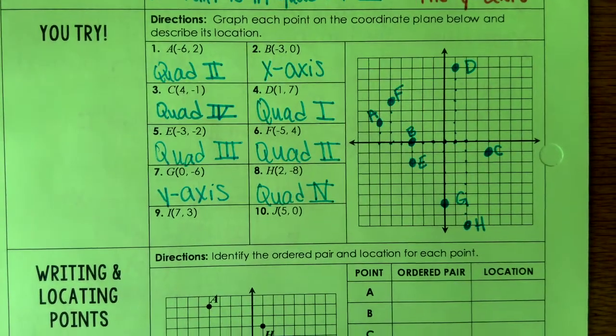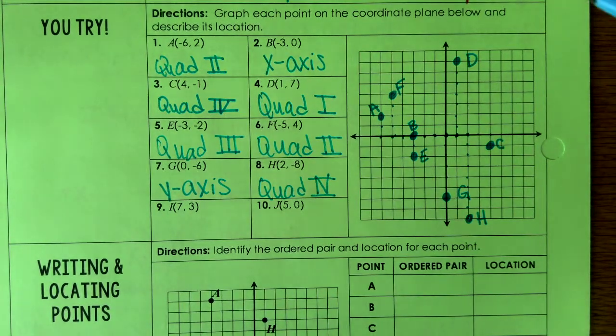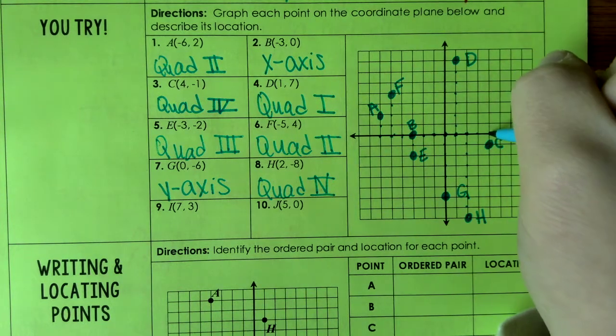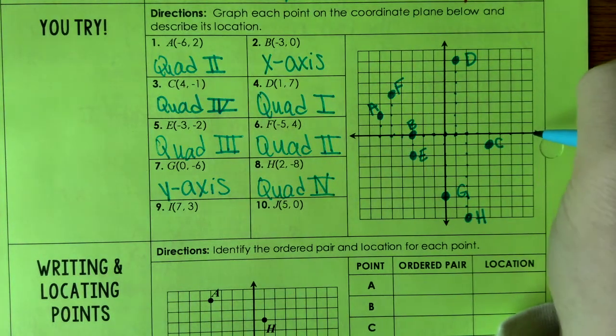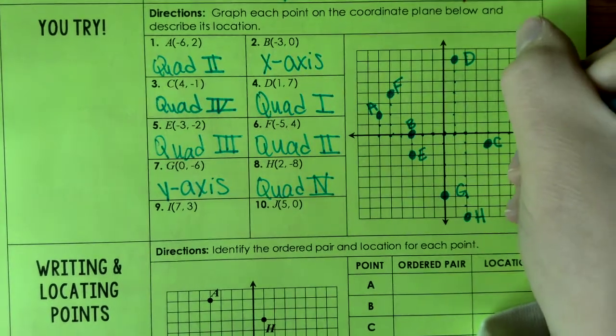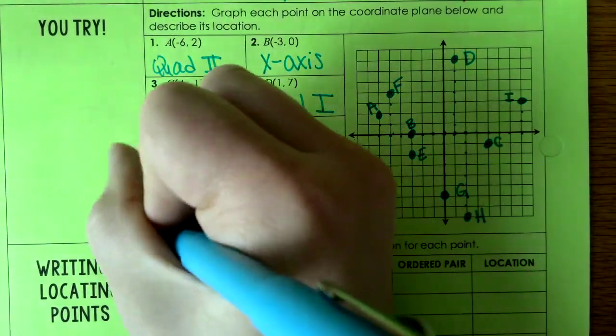And now we're down to our last 2 points. Okay, so I'm going to move forward 7, 1, 2, 3, 4, 5, 6, 7. Then I'm going to move up 1, 2, 3. That's my point I, and that's in quadrant